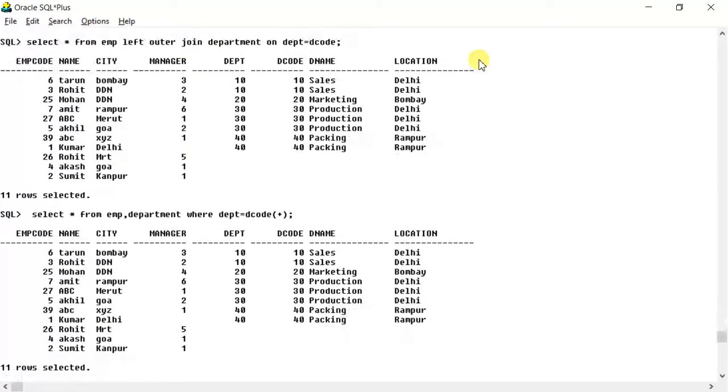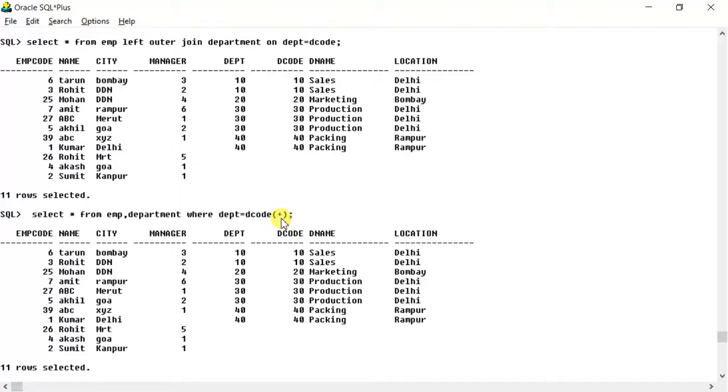The difference is that this is ANSI syntax and this is Oracle proprietary syntax, the one with plus. Whenever you use the keywords left outer join, right outer join, full outer join, that is ANSI syntax. And when you use plus, it is Oracle proprietary syntax. Don't be confused, it is a simple concept. Both are running in Oracle, both are SQL statements, only some compatibility issue is there.